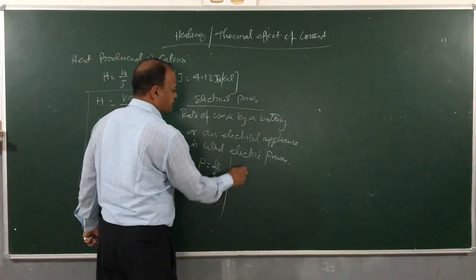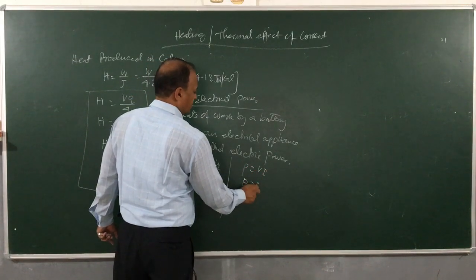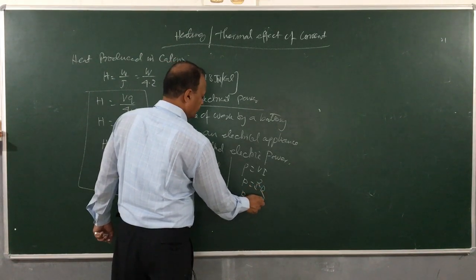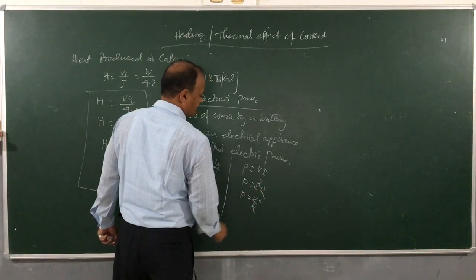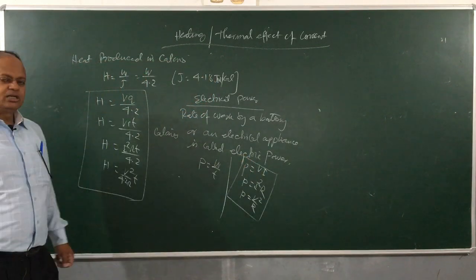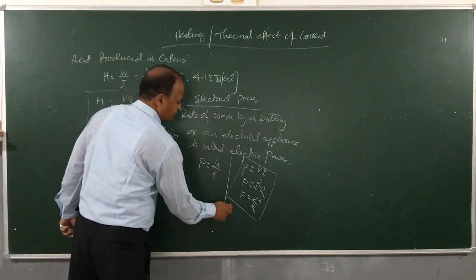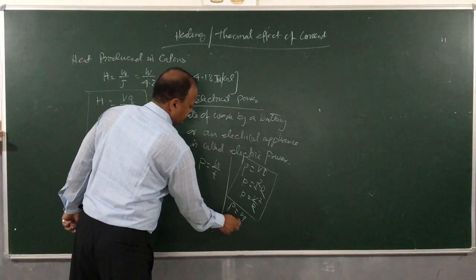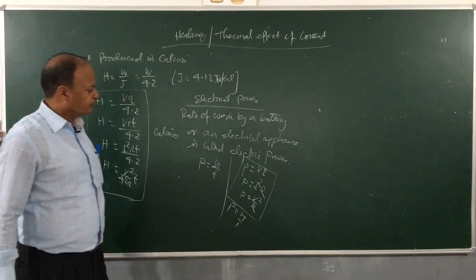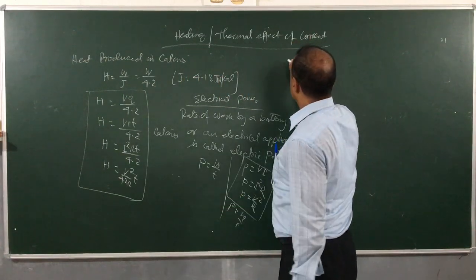is equal to 4 equations, VI, I square R, V square by R. So these three will be important formulas for calculating electric power, and another one will also be there, P is equal to VQ by T, which I have already written because Q by T is equal to I. Okay. Now unit of power you already know, unit of power is watt.